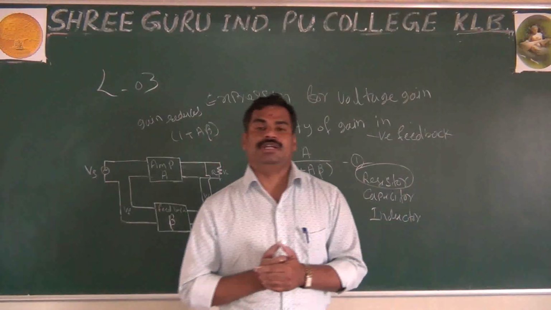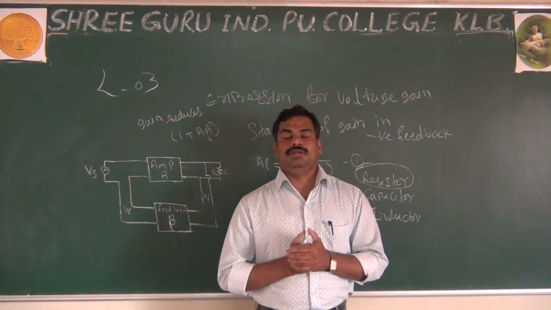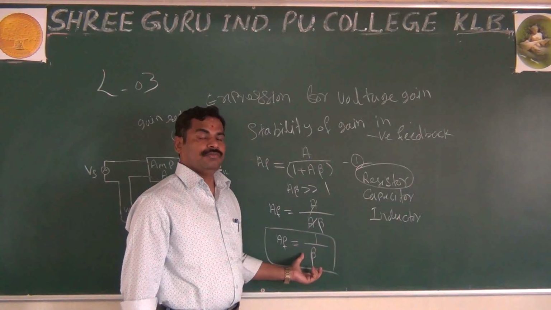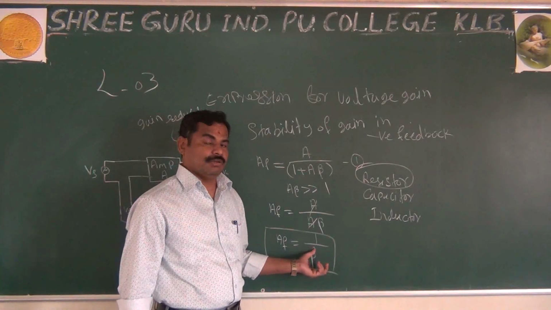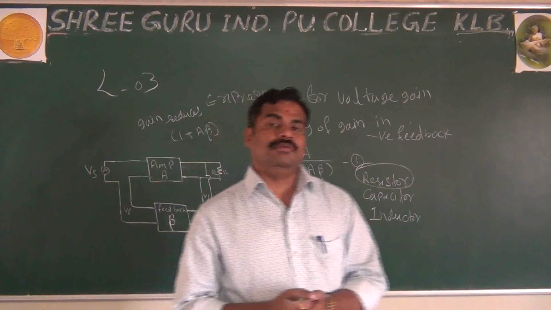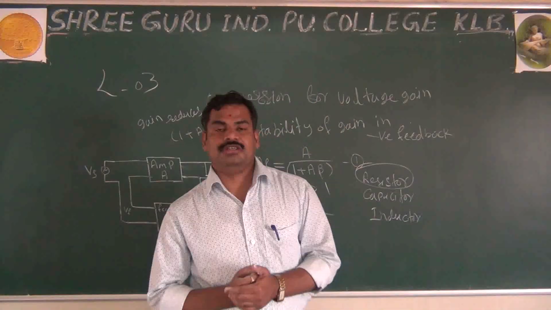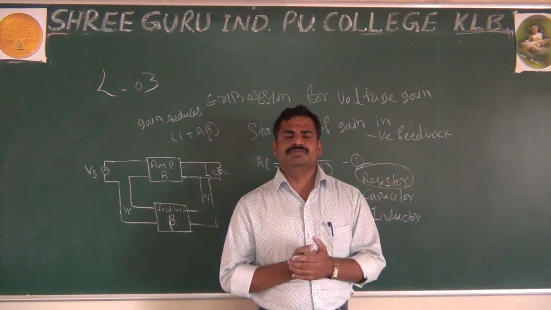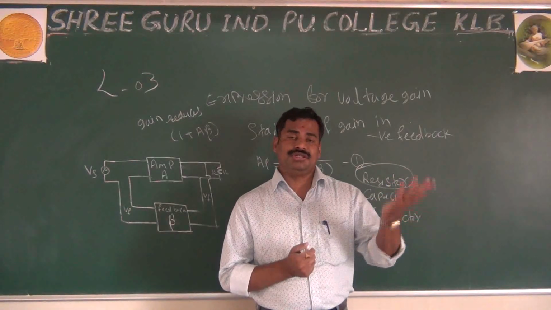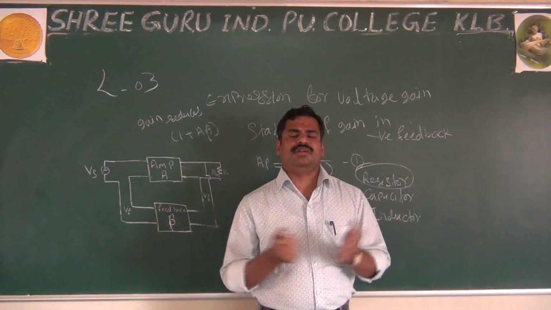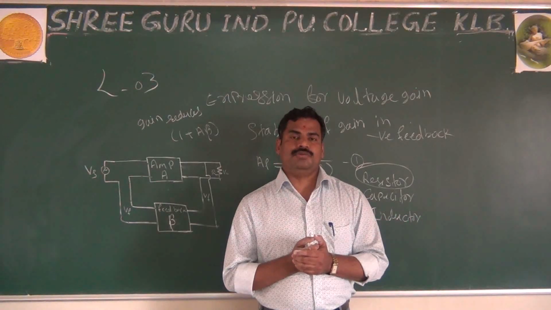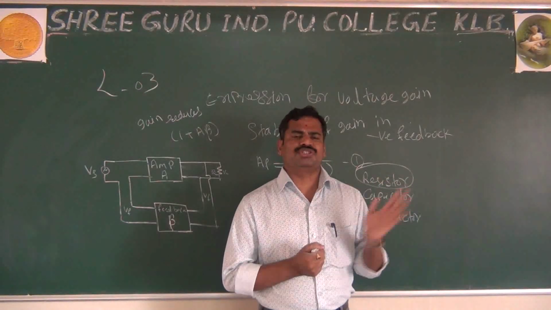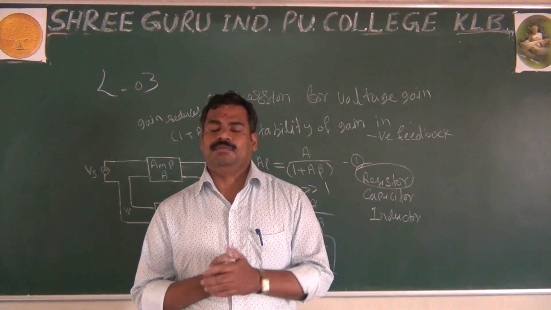Why is the gain stable for negative feedback? Because the voltage gain depends only on the feedback factor, and the feedback network can be constructed using passive components. That's why there is no variation in the voltage gain: they do not depend on voltages or on the aging effect. That's why we prefer passive components.